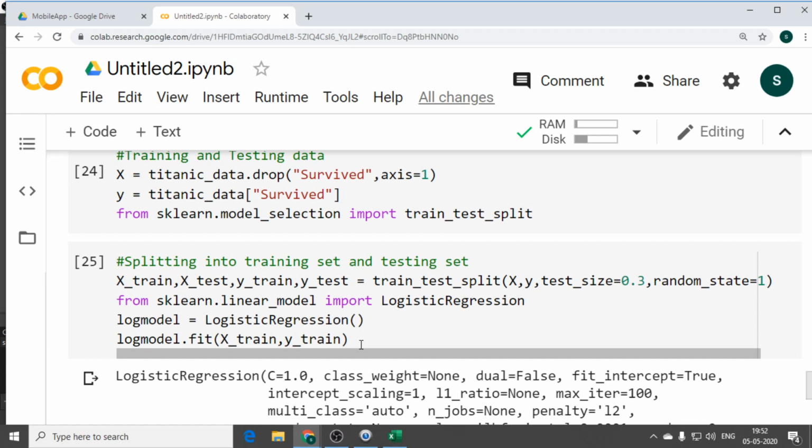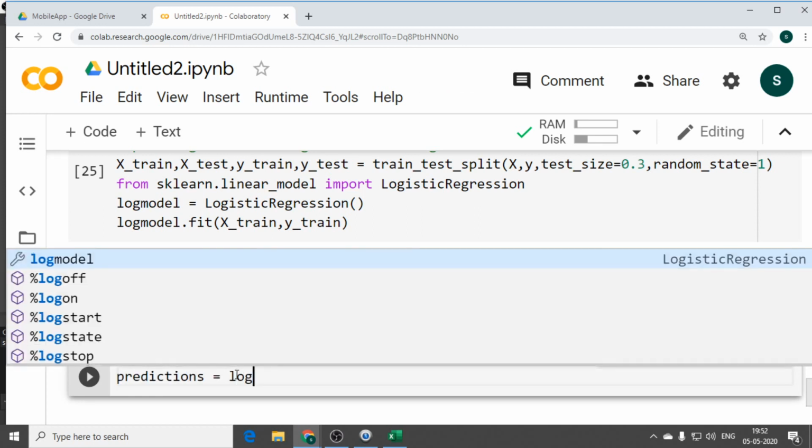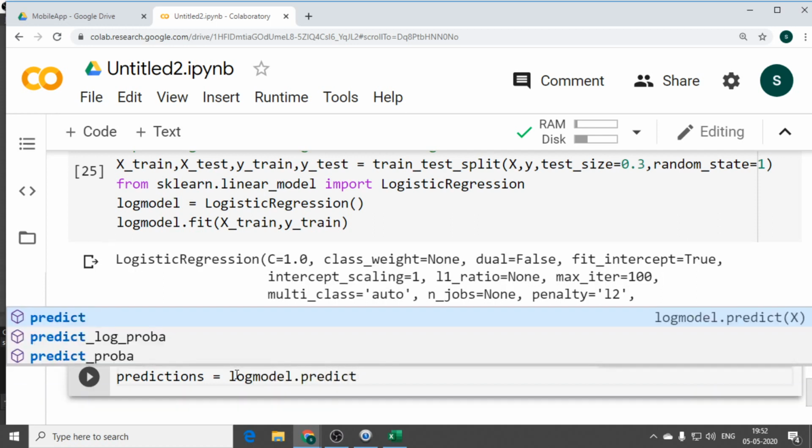Once you have fitted the data, then you go for predictions. Prediction is nothing but working with your test data. It is pretty simple, because we follow the same procedure for every kind of data set, whether classification or regression.